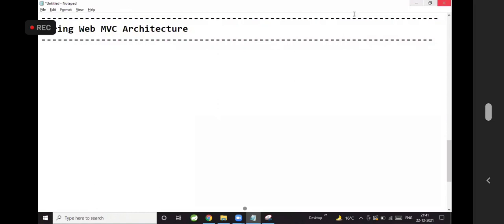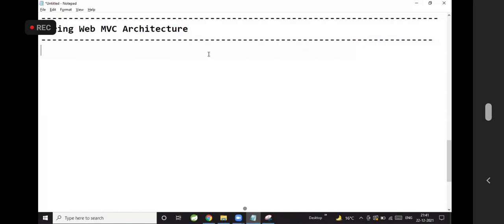Web MVC for 1 week, REST API for 20 days, and microservices 20 days is completely dependent on this Web MVC architecture only. So please concentrate to understand what is Web MVC architecture.